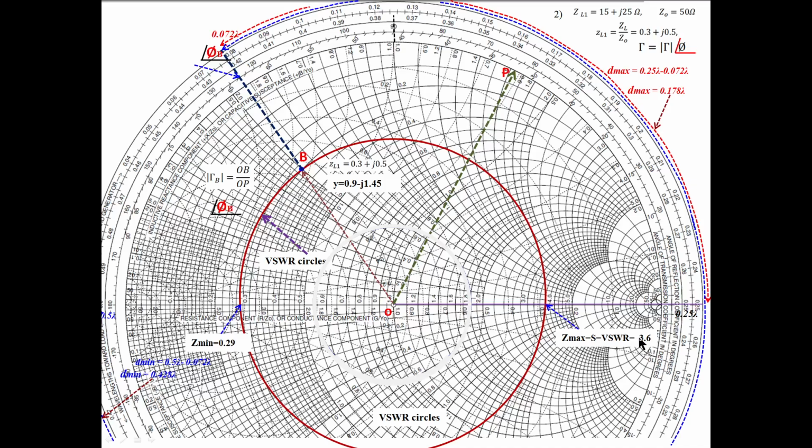Okay, 3.6 multiplied. To get the actual Z maximum, you should multiply this by Z naught, but the VSWR value is 3.6 only. For the VSWR value you should not multiply by Z naught. VSWR is 3.6 only, but the actual value of impedance, Z maximum, is 3.6 multiplied by Z naught. That way we have to do. So that we were discussing in the earlier class, how to find it.